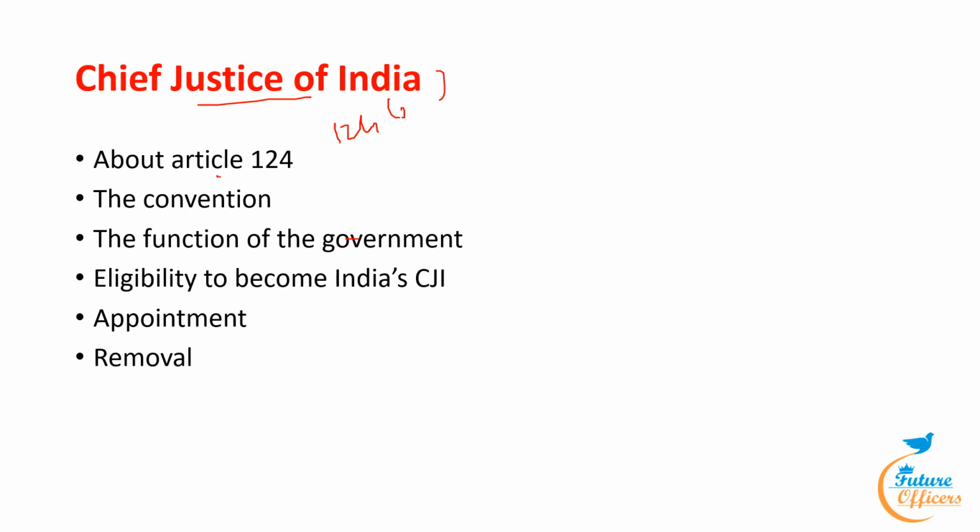And who appoints the CJI? Under Article 124 of the Indian Constitution, the President appoints the Chief Justice of India and other Justices of the Supreme Court. The President shall consult the Chief Justice, the Governor, and the Chief Justice of the relevant High Court according to Article 217, which governs the appointment of High Court judges. A Chief Justice of India serves until the age of 65 years, and judges of the High Courts retire at the age of 62.